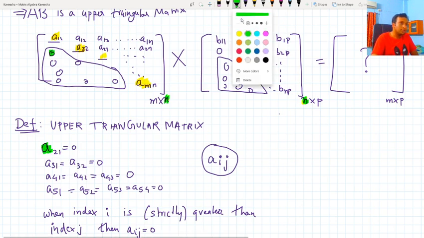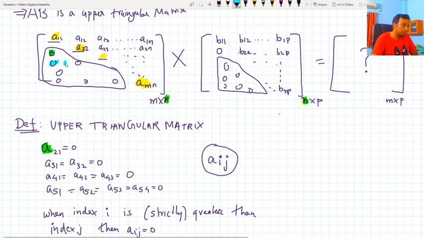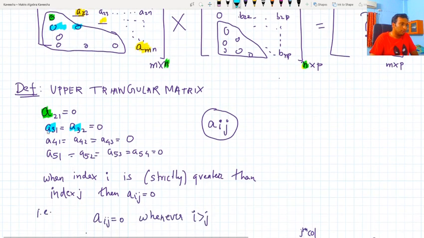And we see that A31 and A32, both of these are 0. Likewise, A41, 42, 43 are 0. And likewise A51, 52, 53, 54 are 0. So what we see here is that when the index i, so this index i here, I'll use a color to denote it,